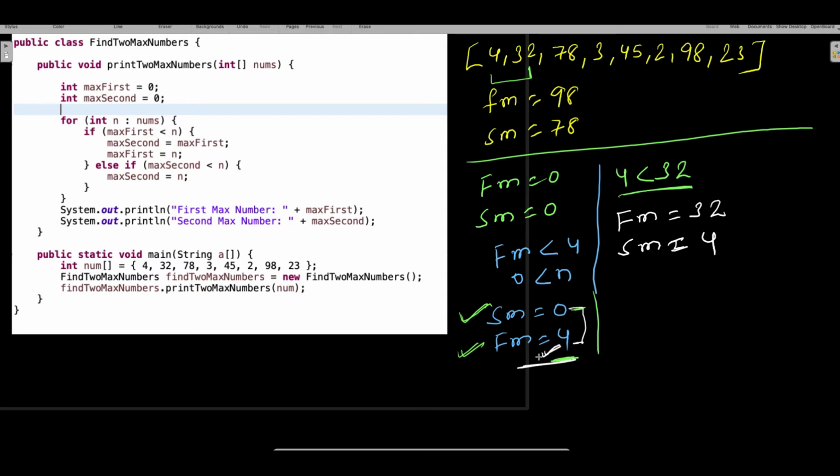Actually, if you look at whatever I understood here as a first max, here actually became second max, right? So if you go with that logic also, this is first max, so obviously this is going to be the second max because you are comparing with the first max, right? Now after second iterations you got this. Now go for the third iterations.